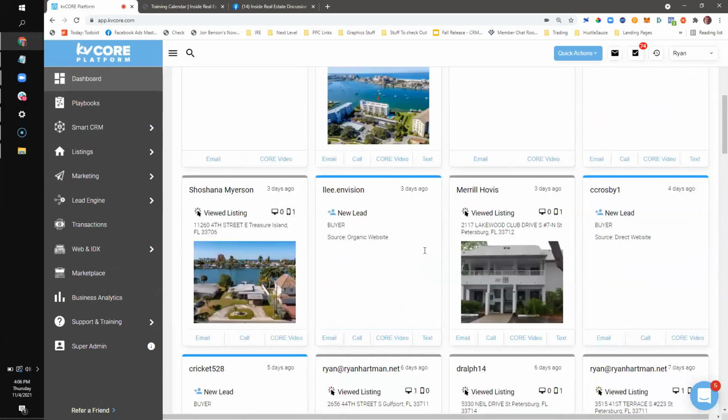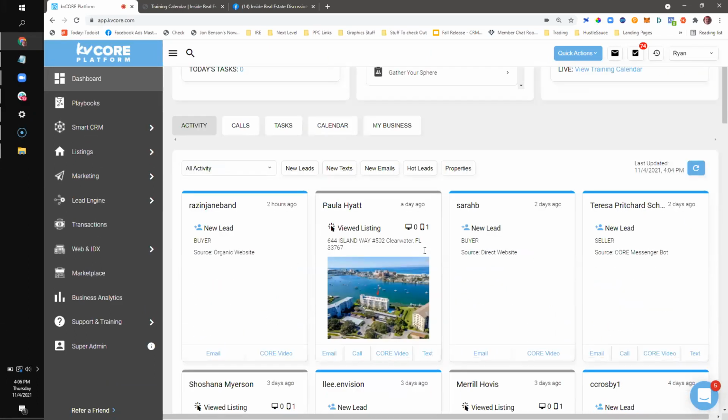So cherry picking the activity stream, definitely, once you've got your system up, is something you might want to include in your daily routine. You might even schedule a recurring appointment with yourself to do this every day, just to remind yourself in your calendar. Scheduling some time, I would say, sectioning off a piece of your day just to look at the activity stream is always a good idea.